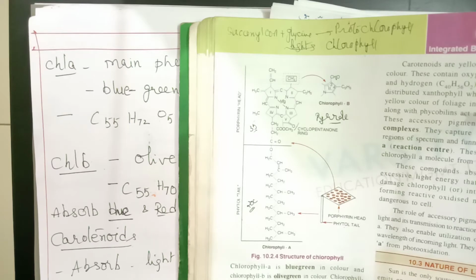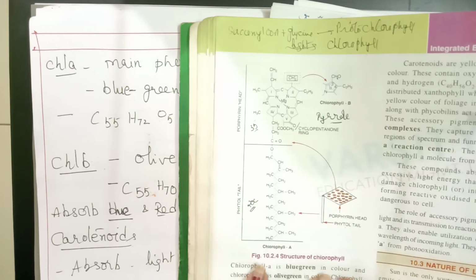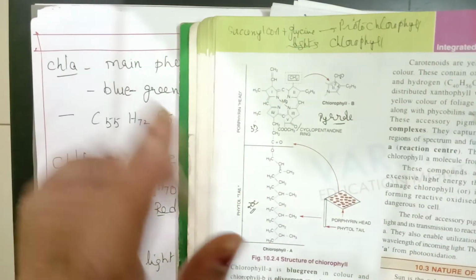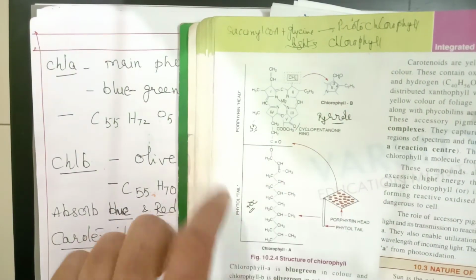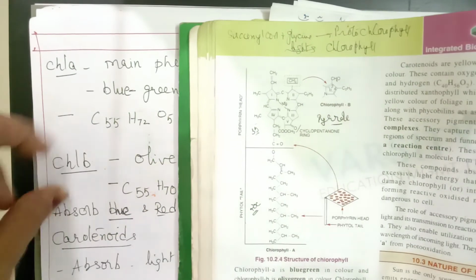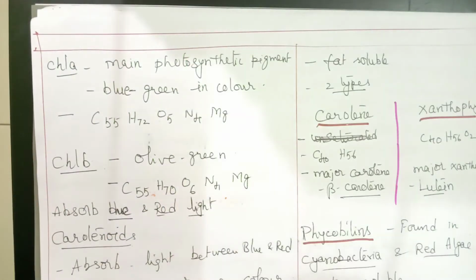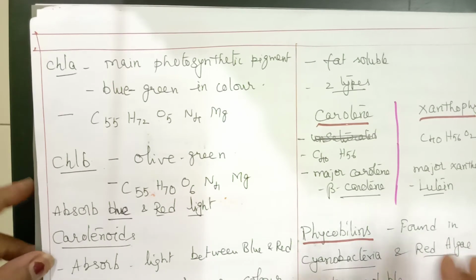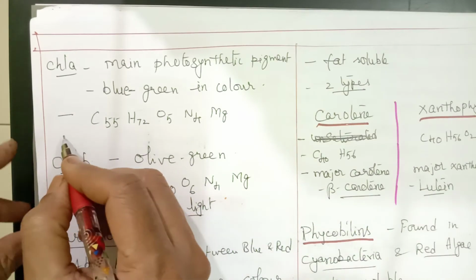So this much, children, you should know about the chlorophyll structure and the difference between chlorophyll A and B. In their molecular formula we find a difference. Similarly, structurally also we find a difference. Now let us see how the chlorophyll molecule is synthesized. In just one equation, I will give you how the chlorophyll molecule is synthesized. I will just write it here.